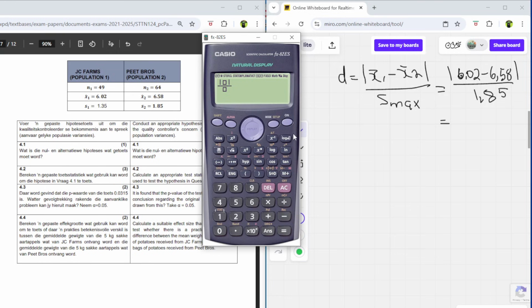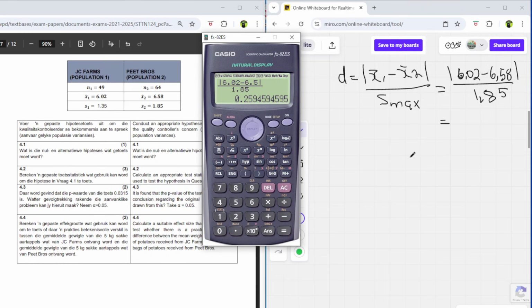So that's why we put the absolute value: 6.02 minus 6.58, divided by 1.85. That's how you do that, and the answer you get is